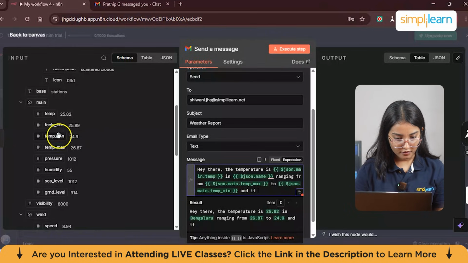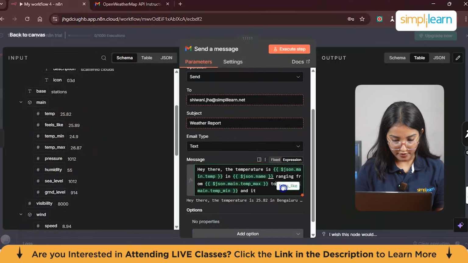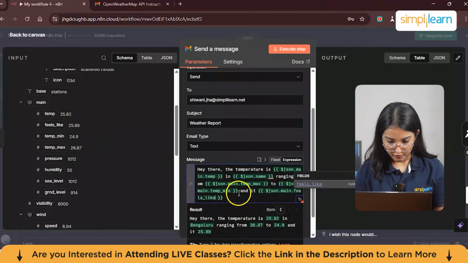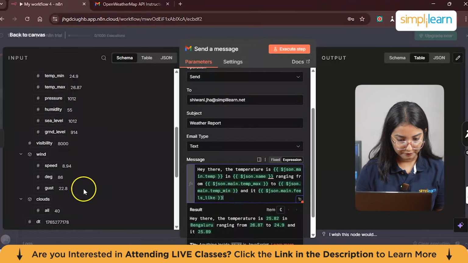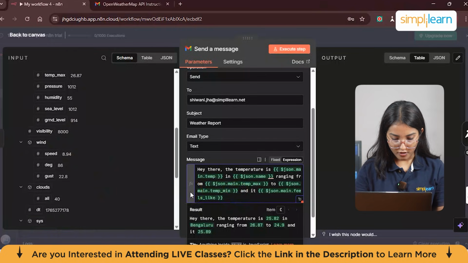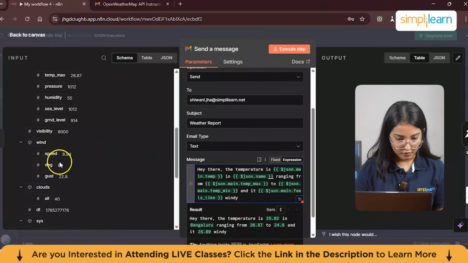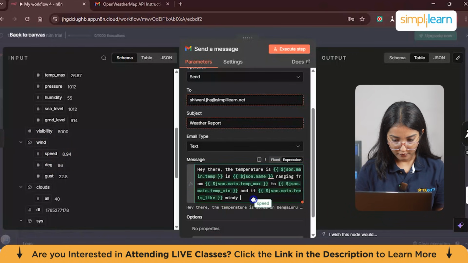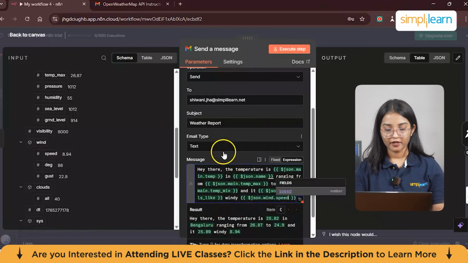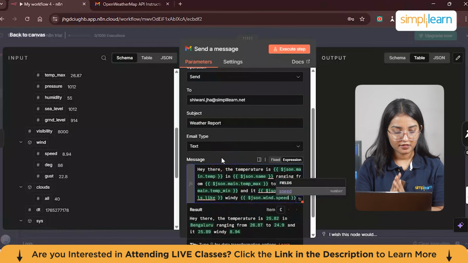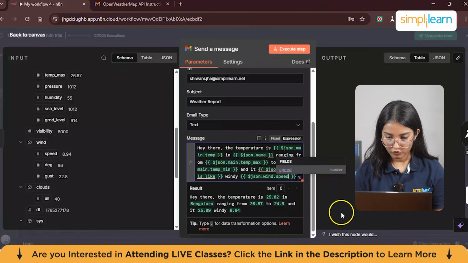And it can add this feels like as well. And you can also add wind. All right, so now that we have added our message prompt here, we'll just scroll down